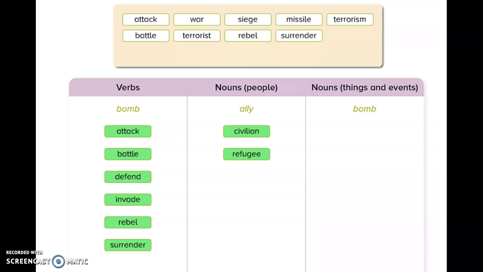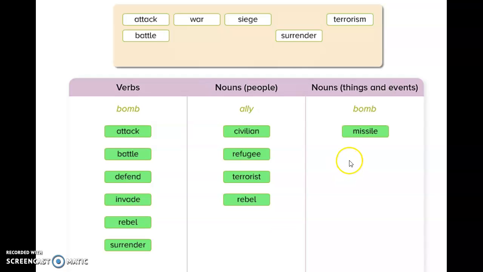Now in the second column for the nouns talking about people, we have ally, civilian, refugee, terrorist, rebel. And for the third column, talking about nouns but that are things and events, we have bomb,